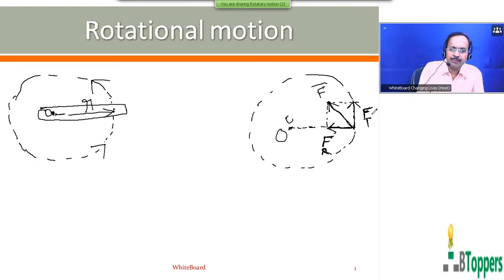So this tangential component acts perpendicular to the radial distance of the particle from the axis of rotation, that is, perpendicular to the radius of the circular path in which the particle moves. The centripetal force, the radial component of the resultant force, acts towards the center of the circular path. Let O denote the center of the circular path in which one of the particles of the rigid body moves. That means we have shown the diagram on the right side just for one of the particles. Each particle moves in a circular path and the centers of all these circles lie on the straight line called the axis of rotation.